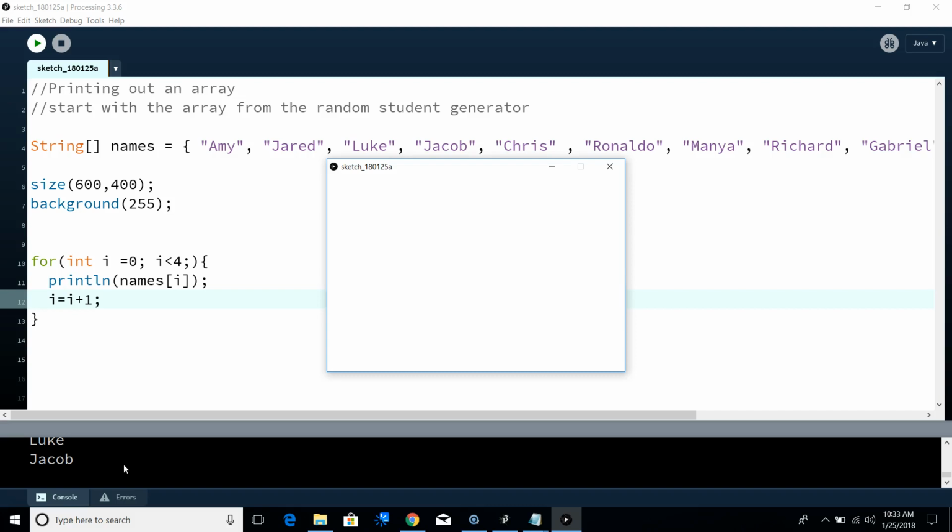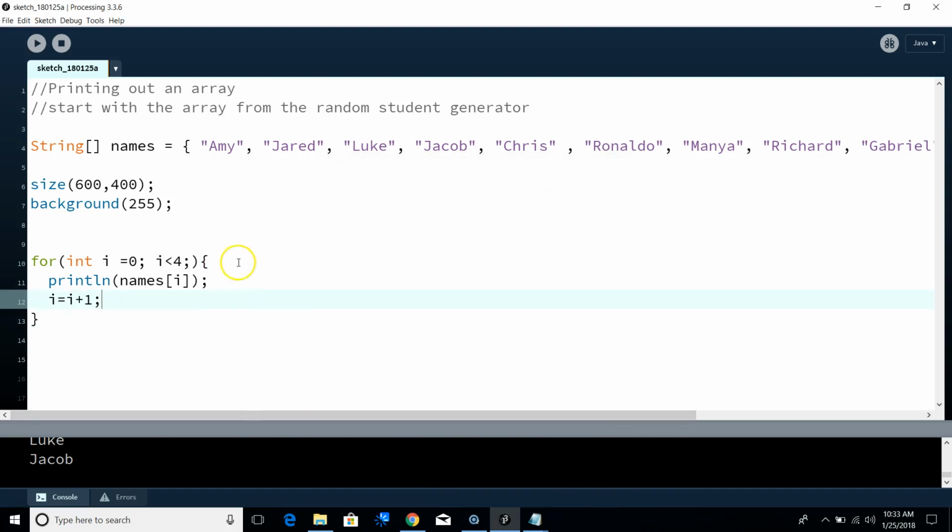That's actually a command, break, that you can use to pop out of a for loop sometimes. It depends on the language, but break is sometimes a command that works. I haven't tried it in Processing yet. Does it work in Processing? Yeah, you use it in switch statements. Cool. I mean, this is based off of Java, and Java uses it. Cool. All right, so if I wanted this to print all of them,